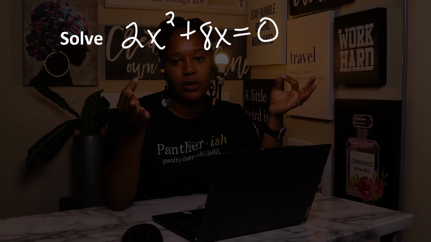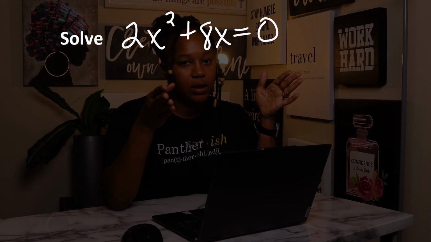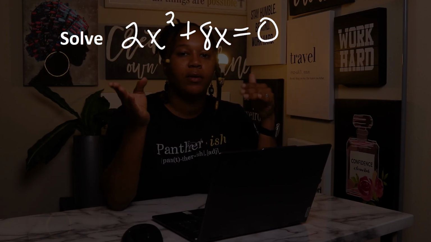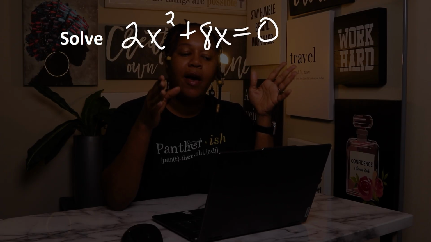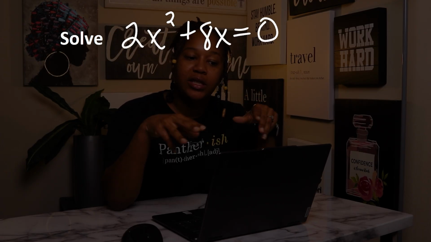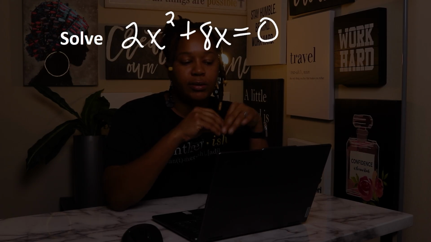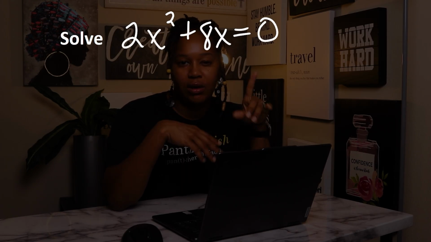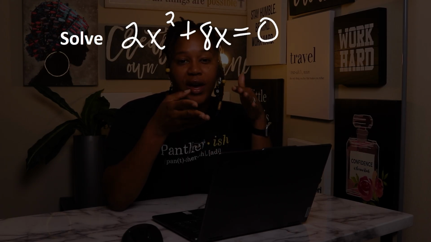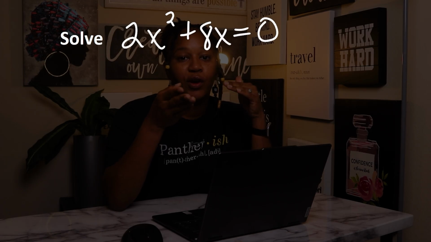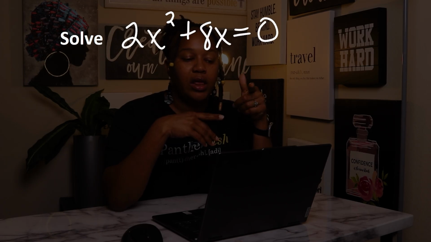All right, in this example, we want to solve 2x squared plus 8x equals 0. Now, you notice this is still a quadratic equation. It has one variable, an equal sign, and the highest exponent is 2. However, there are not 3 terms on the left side. There are only 2 terms. So if there are only 2 terms, either you can isolate x if there's only one x,